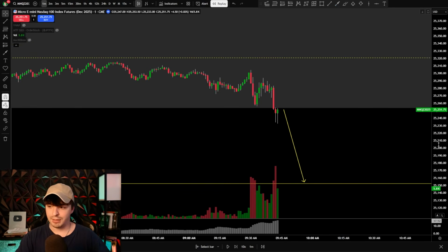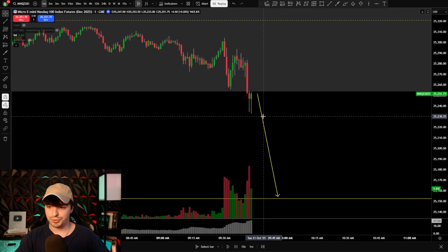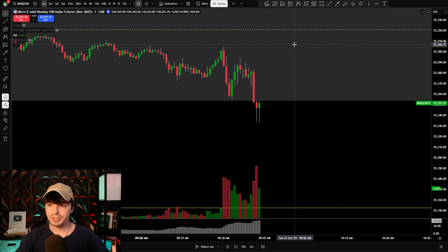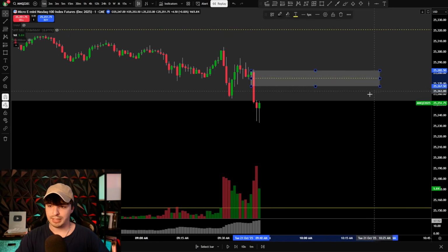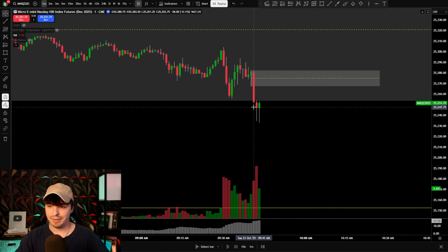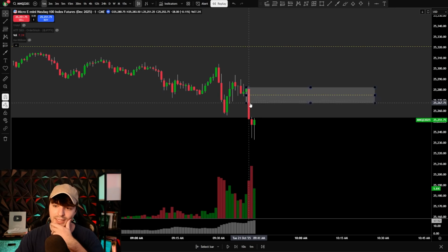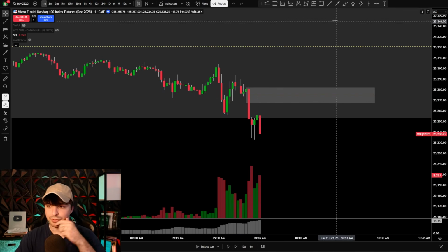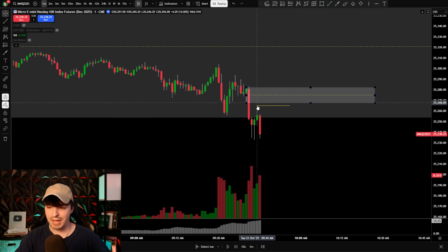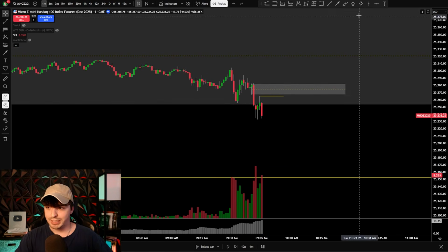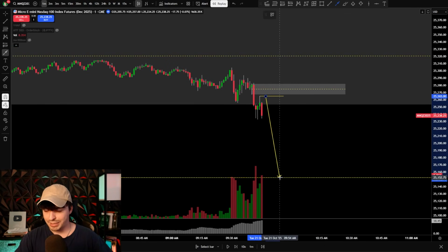So in this case, I'm looking for bearish order zones. What does that look like? Well, the first step is looking for an area of supply. In this case, that's going to look something like this. We have a consolidation and then an imbalance to the downside, all right? And now I want to wait for a level of liquidity to form before I take this trade. I don't want to just blindly go short here. I want to wait for liquidity to form first, which just happened right there, okay? Now we have a high, and this is what I call a bearish order zone. So now I'm looking to take shorts down here if possible.